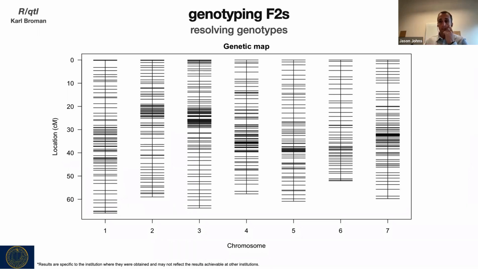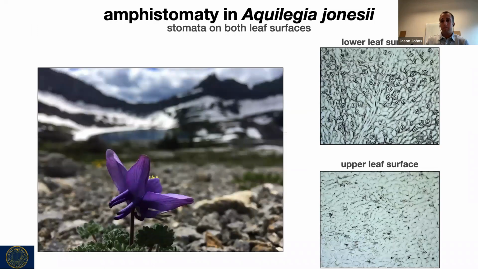So we can take this genetic map now and map our traits of interest to it via QTL analysis, which again, in this case, is Alpine adapted traits. So circling all the way back to our trait of interest here,